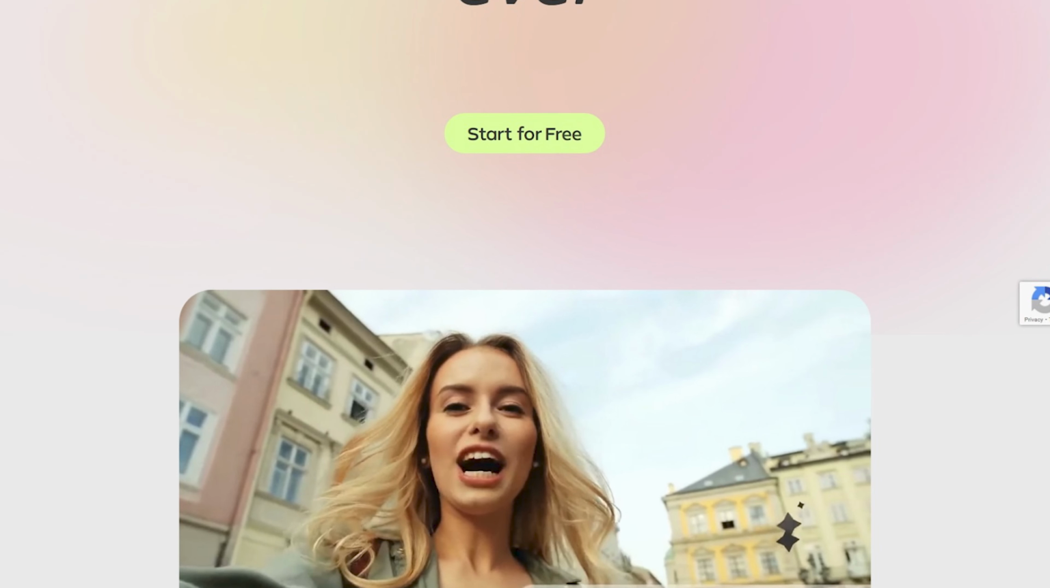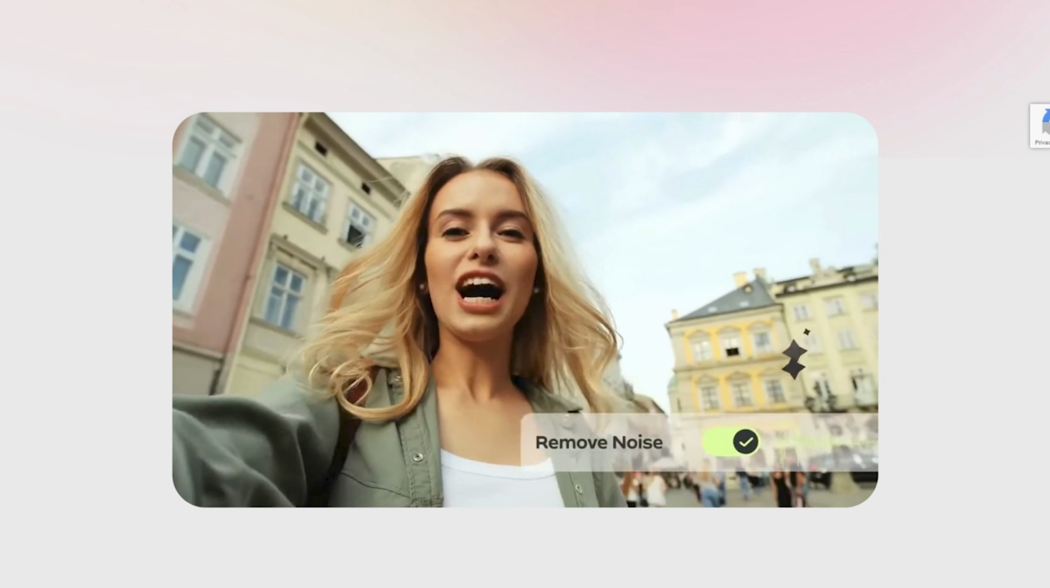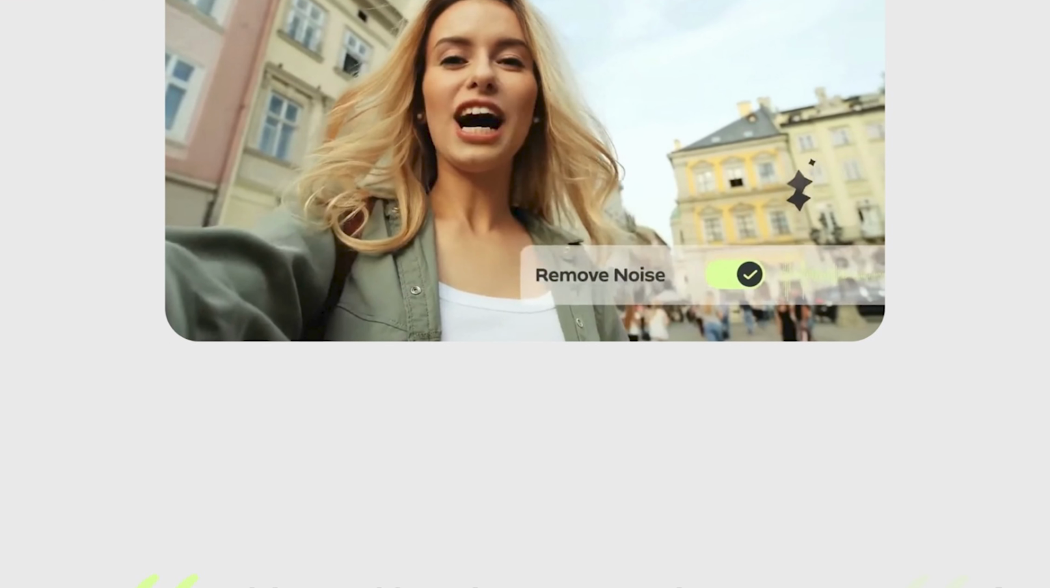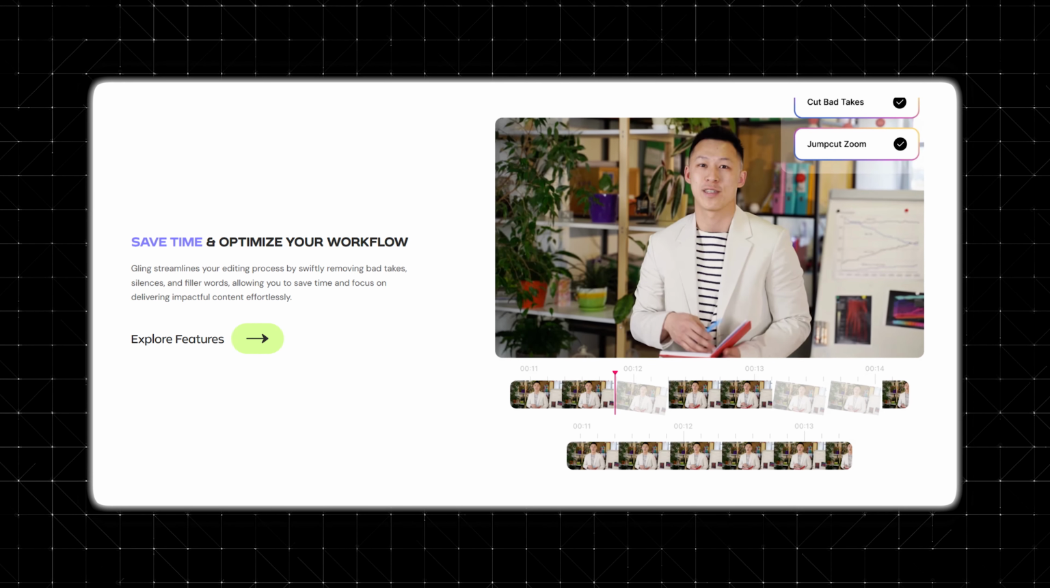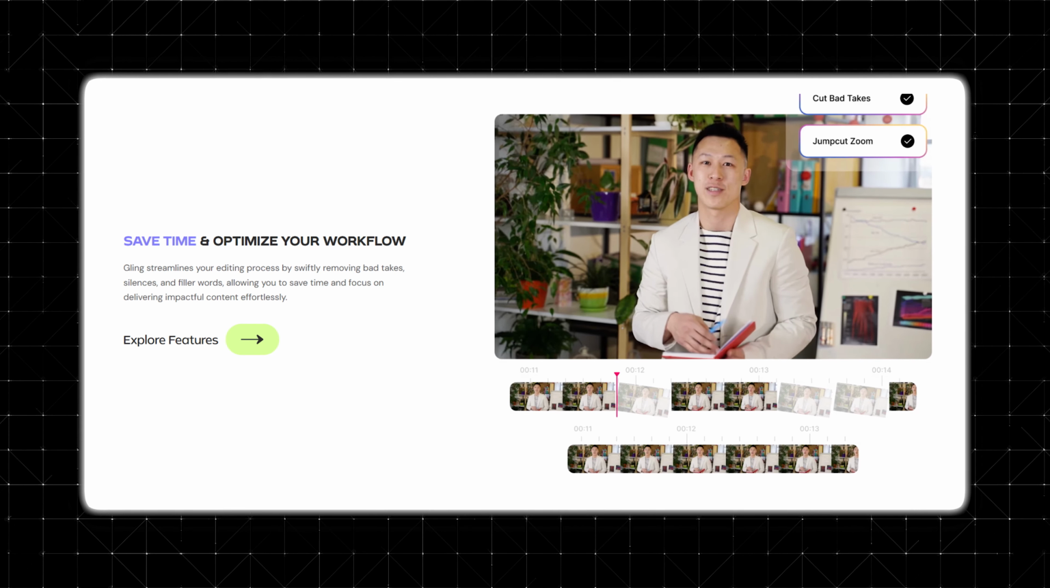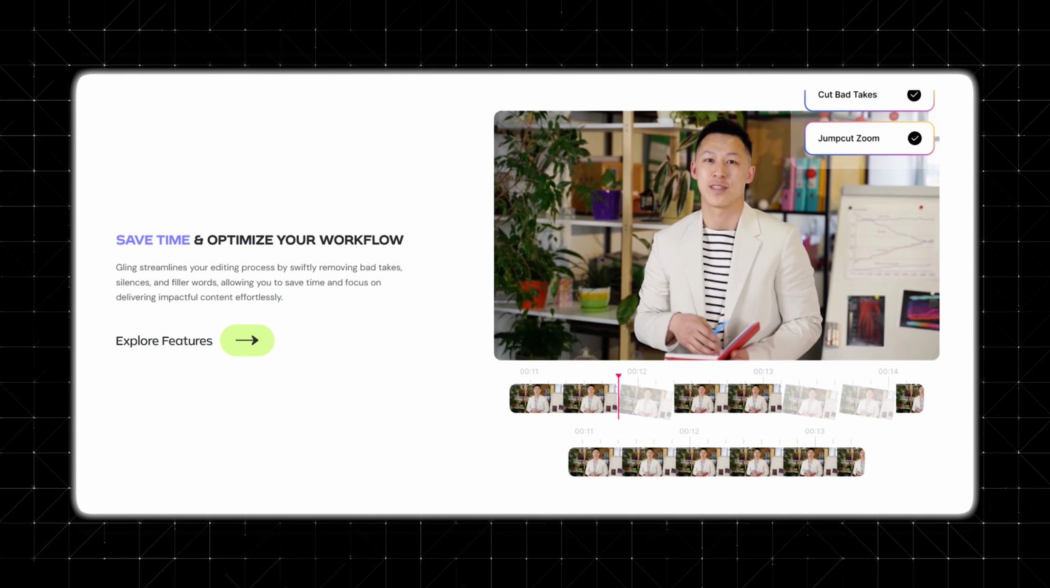Gling AI is an AI editing tool built specifically for talking head videos. It doesn't try to replace your editor or turn your video into something generic. Its job is much simpler than that. Gling scans your raw footage and automatically removes things like long pauses, filler words, false starts, and obvious mistakes. So instead of scrubbing through a timeline and cutting every silence by hand, you get a cleaned up version of